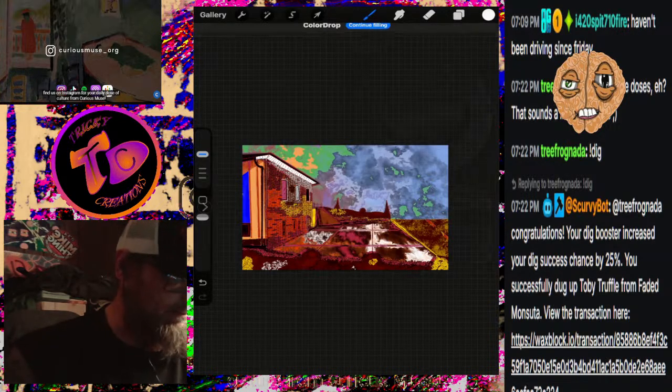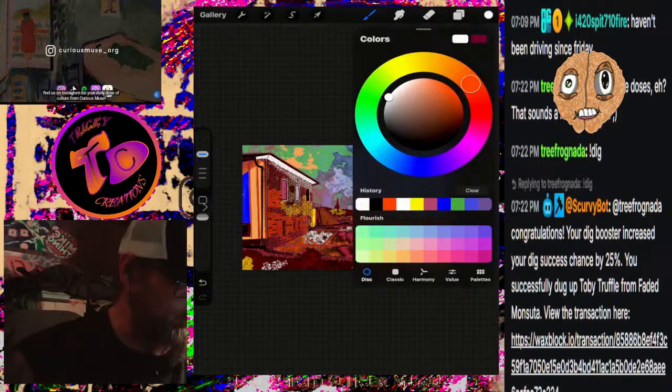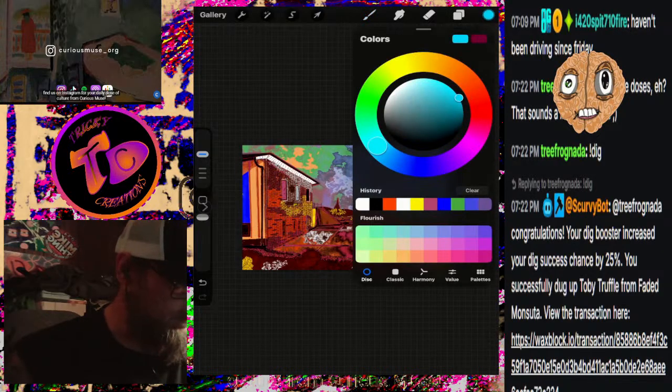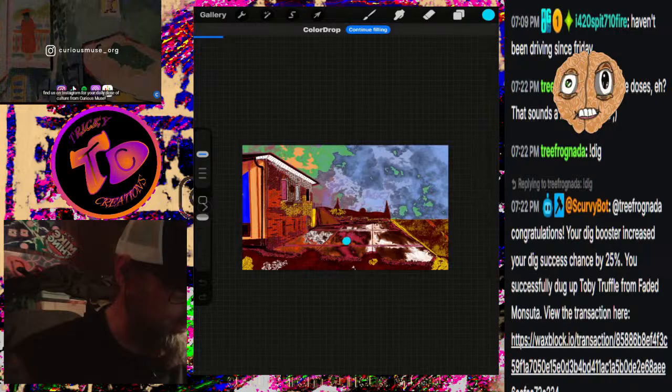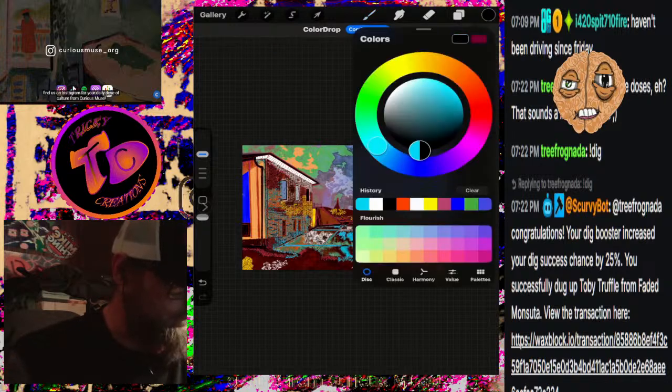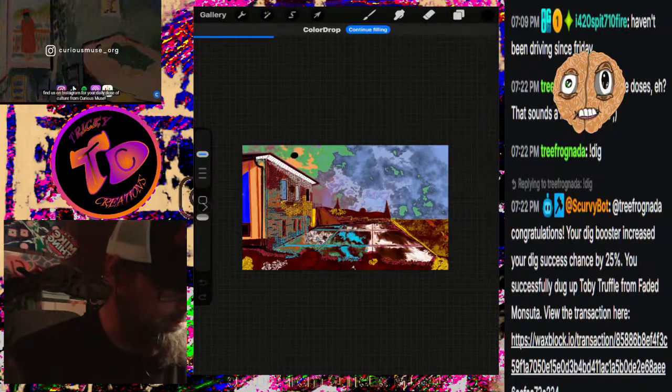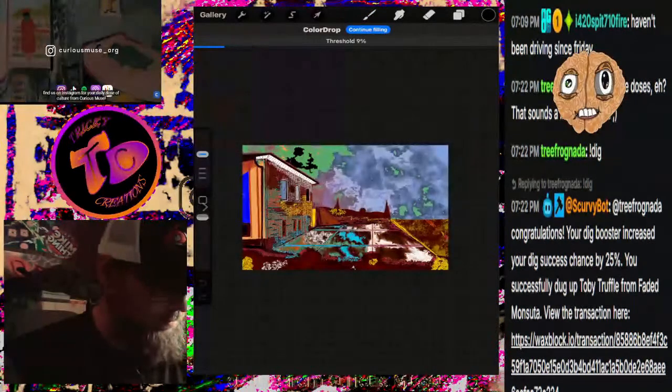Still need the definition, but let's add some teal into the mix down here. More black over here.